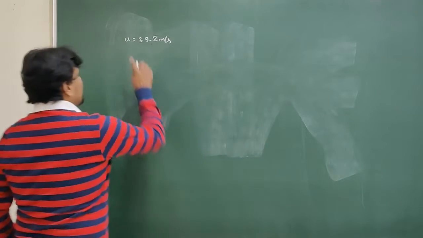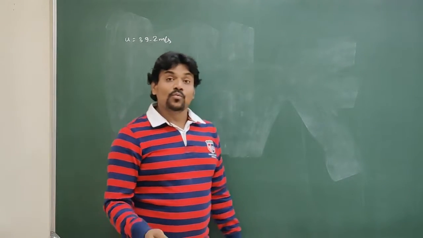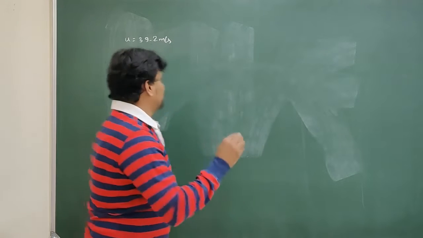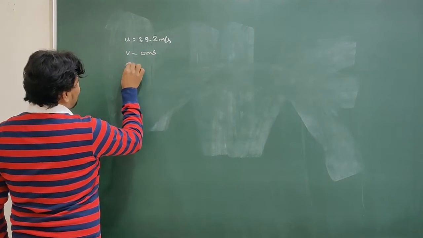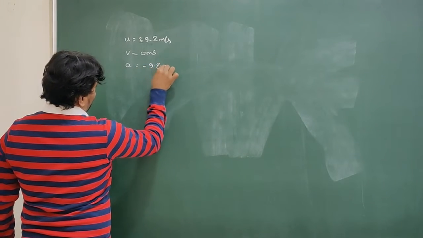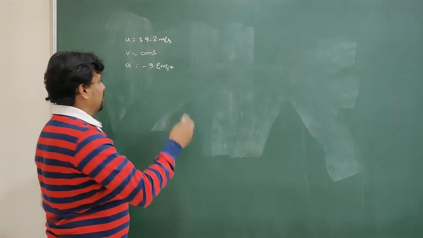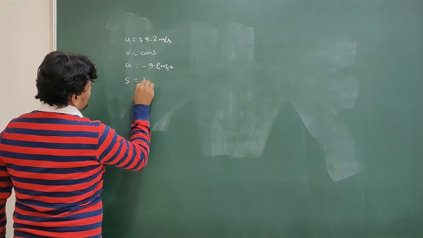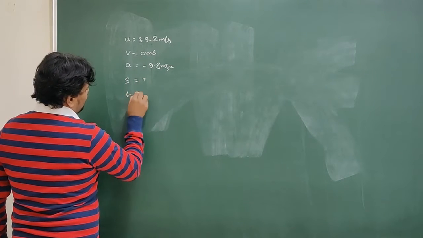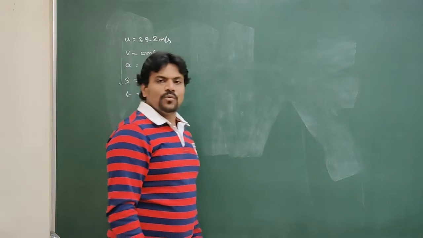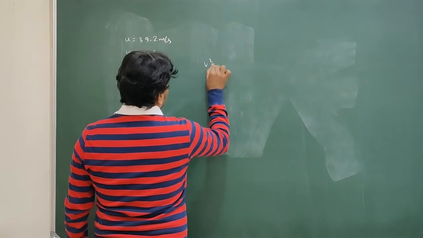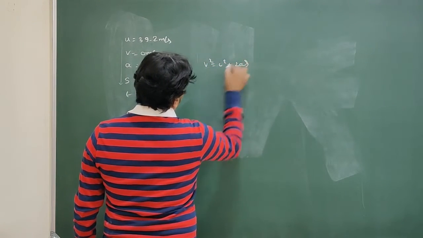तो देखो क्या क्या दिया है, u 39.2 दिया है, क्योंकि वो हाईएस्ट पॉइंट गई तो फाइनल वेलोसिटी 0 दिया. एक्सेलरेशन इस बार -9.8 है, क्योंकि आपने ऊपर फेंका है चीज, और आपको निकालना है डिस्टेंस कवर्ड और आपको निकालना है टाइम टेकन. चलो UVAS याद करो. V square is equal to U square plus 2AS, तो लिख देते हैं.